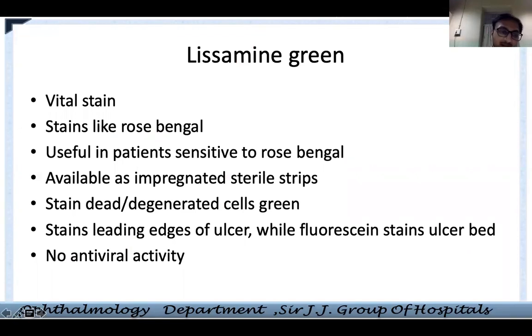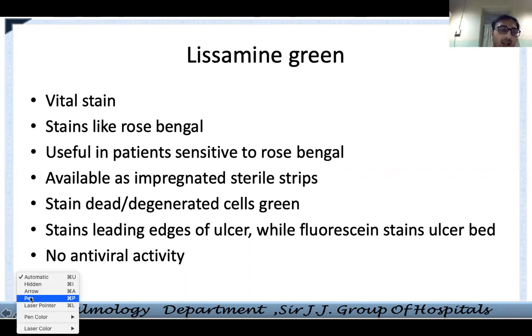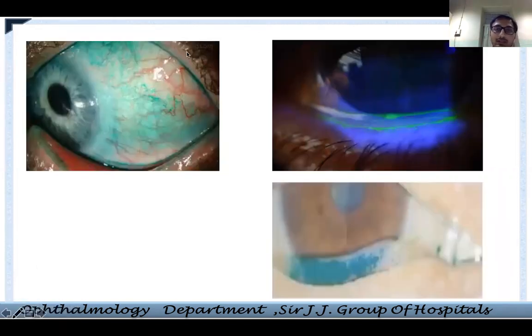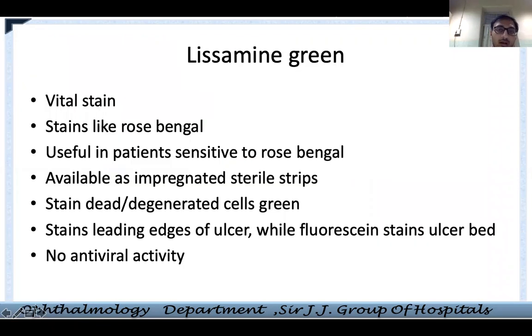Lissamine green, again, you can think of as a green substitute for the rose bengal. But if you give me a choice, will you use the rose bengal or the lissamine green, if you want to see a conjunctival surface, I will vote myself for the lissamine green compared to the rose bengal, because of its antiviral activity, because of the irritant nature of rose bengal, because of difficulty in seeing, and a lot of things. The lissamine green, of course, scores much above the rose bengal for seeing a conjunctival surface.